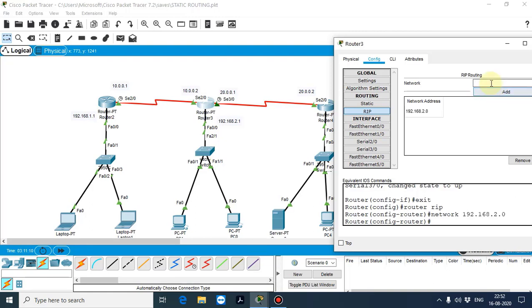This is the first network. The second network is 10.0.0.0. Click add, and another network is 20.0.0.0.